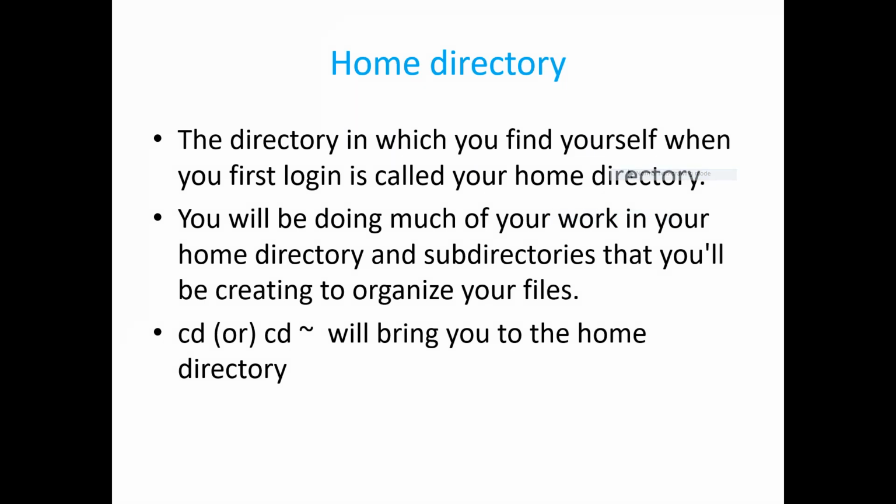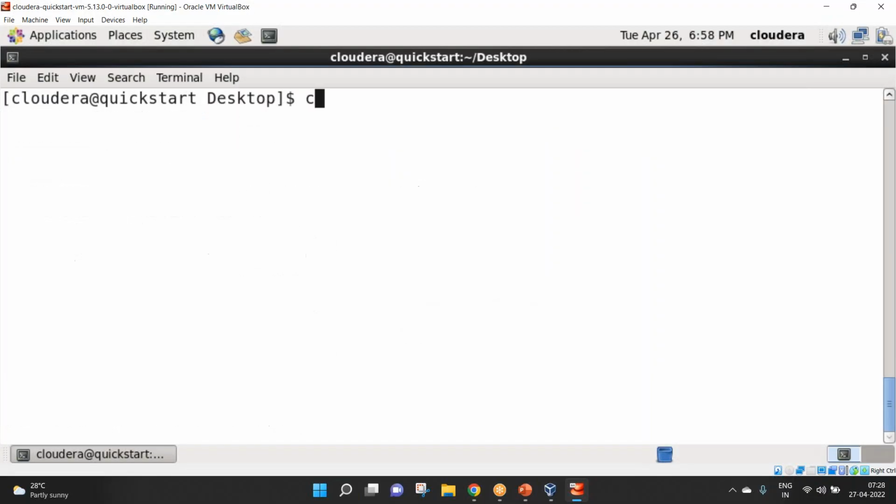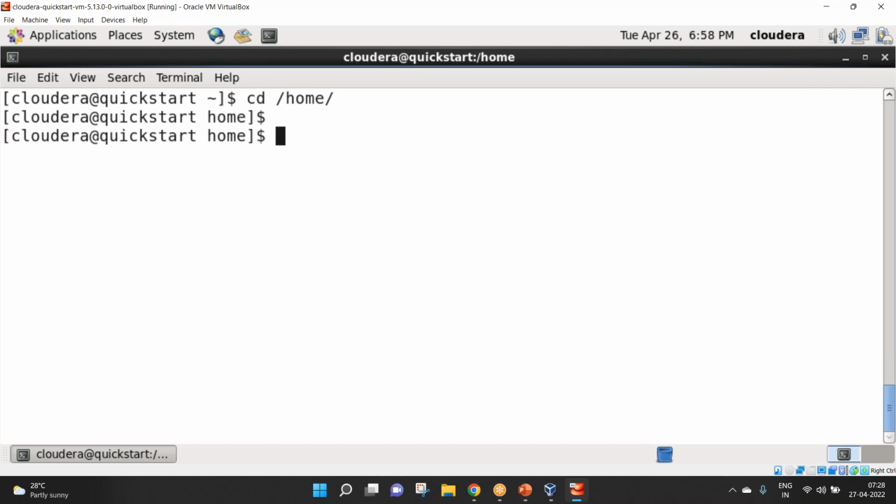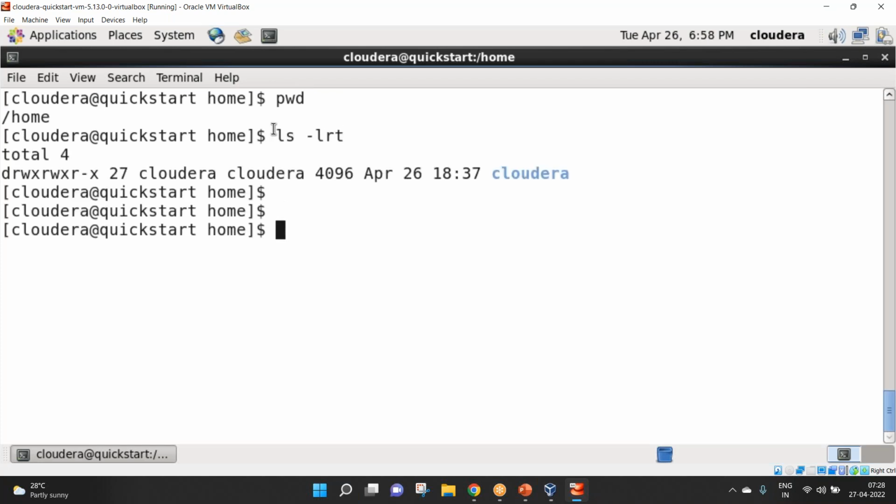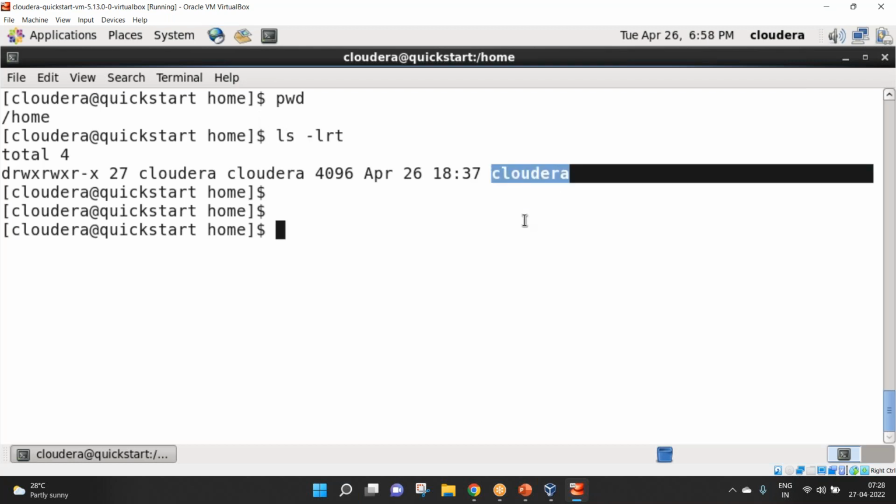So let me go back to the Cloudera quick start view. So guys, right now I'm in the home directory. I'm going to run a command now. Don't worry about this command. I'll talk about this tomorrow. So the command is this, ls -lrt. Ignore this command. I want you to focus on this Cloudera directory. So